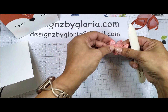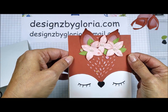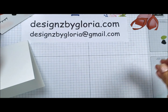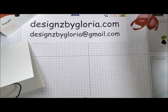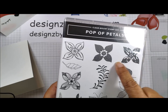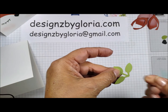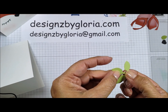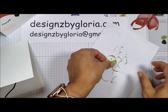Okay. To create the leaves on this, I used my leaf punch. I also used this pretty leaf from the Pop of Petals stamp set. I punched out my leaf, and I didn't care about having that stem because I'm going to cut them all off about right there. So what I did was I just simply came in here